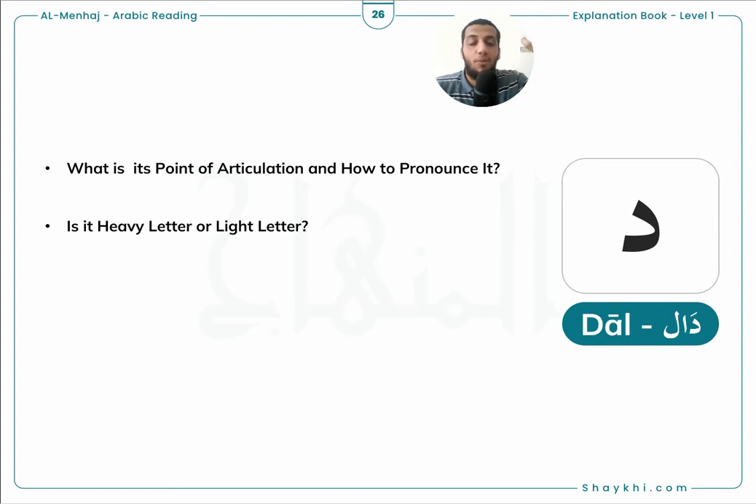Let's take this ayah from Surah Yunus as an example. Allah subhanahu wa ta'ala says in Surah Yunus,